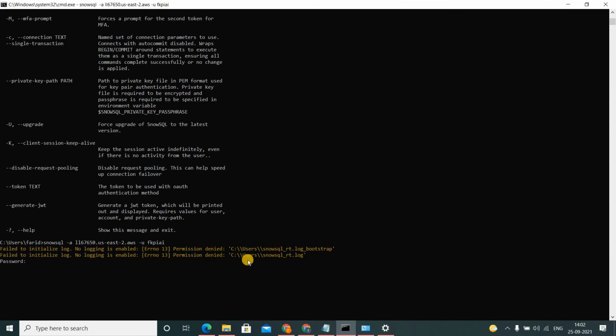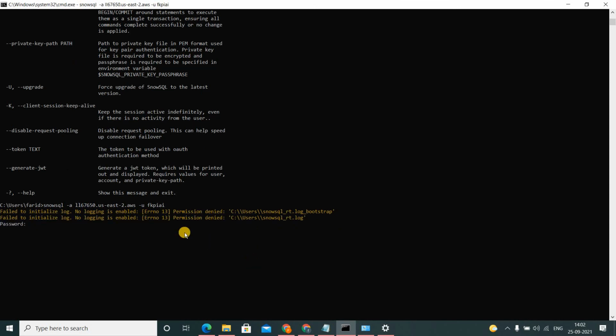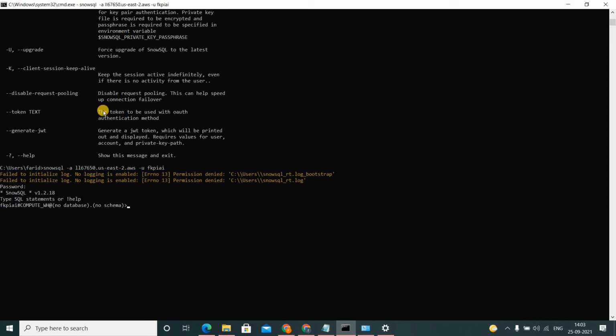So this is a warning. Currently you can ignore it. Going forward, I will tell you how to fix this issue. And give your password here. Okay, here you got the Snowflake prompt. From here you can fire your SnowSQL queries.